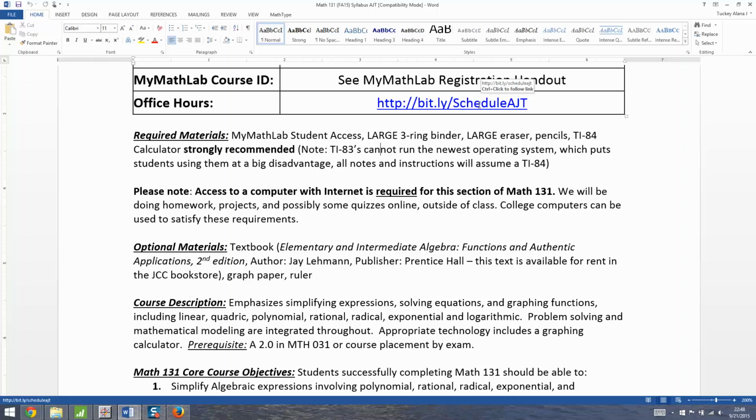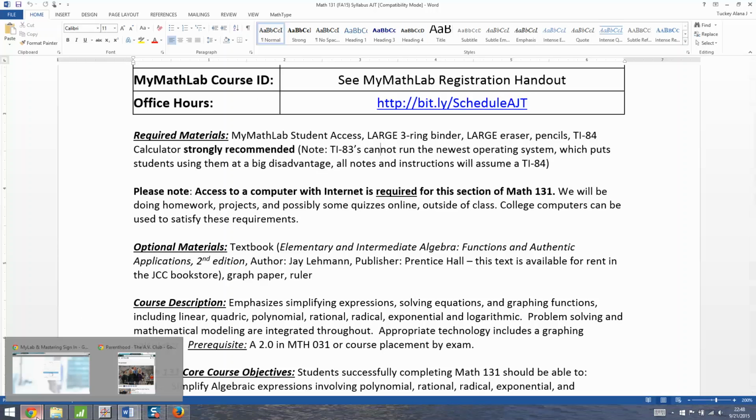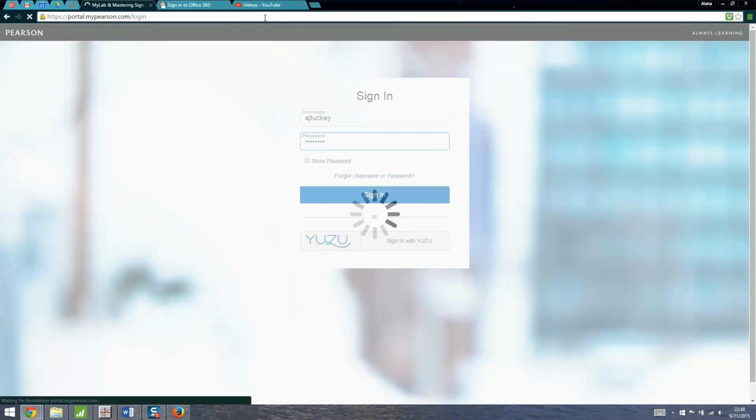All right, so now let's look at our required materials. What every student needs to know. What do you need to buy? Well, you need to have MyMathLab student access. So that registering part that I was just showing you on MyMathLab, it's taking forever. But when you go to register, you have to tell it a code and you have to pay for that code,